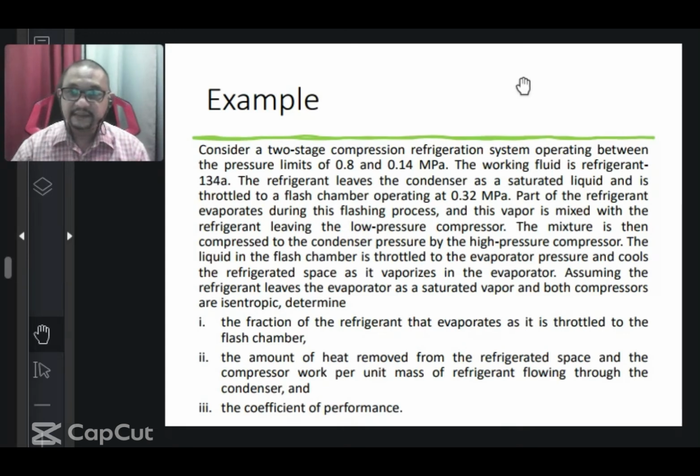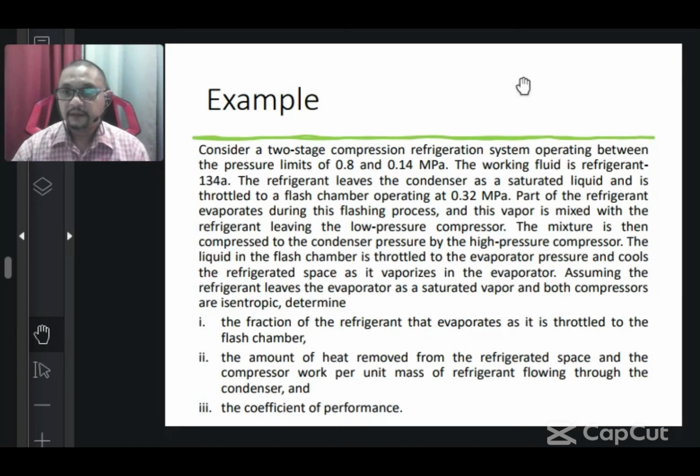The refrigerant leaves the condenser as a saturated liquid. This is a point that you have to know, and it is throttled to the flash chamber operating at 0.32 megapascal. So when it says flash chamber, that means this question uses a multi-stage